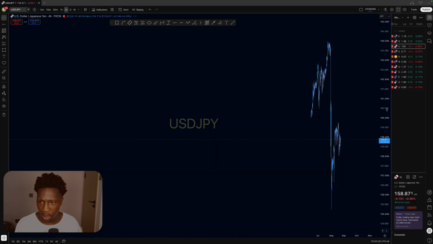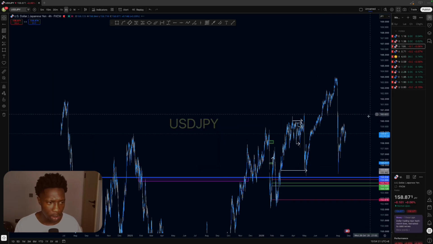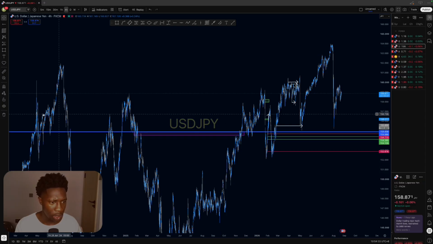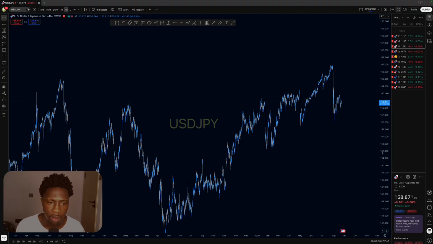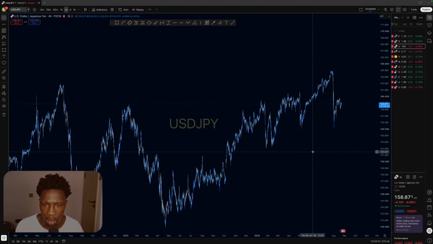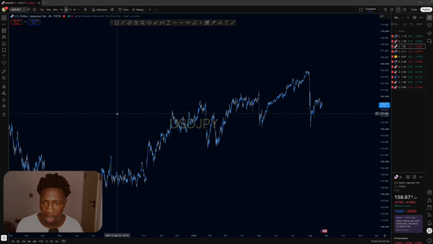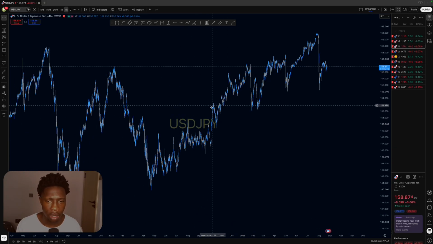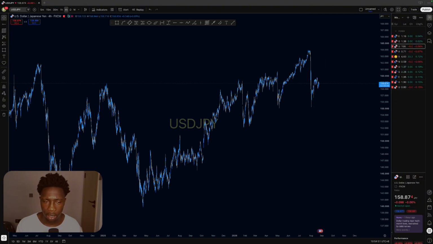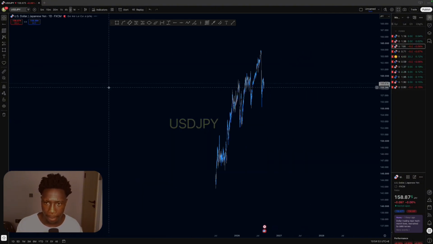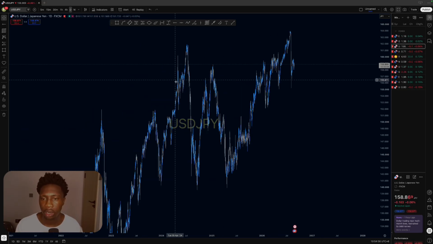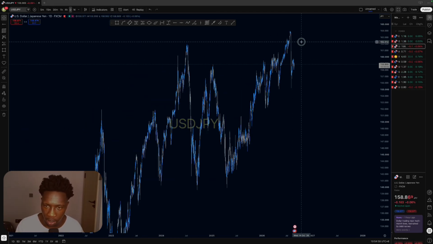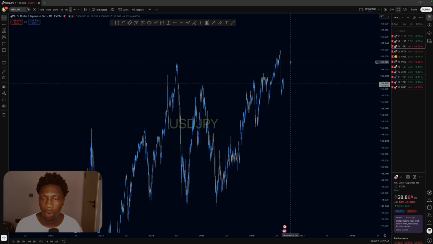USDJPY. Let me remove the drawings. On USDJPY, it is moving to the upside, creating a trending market. If you see it, it is trending to the upper side, and I don't want to interfere in this type of chart because I don't know what